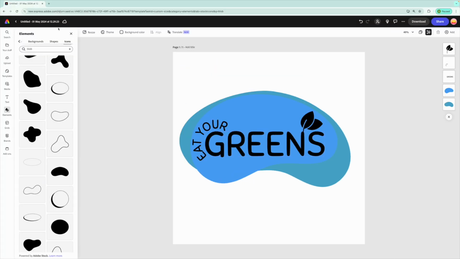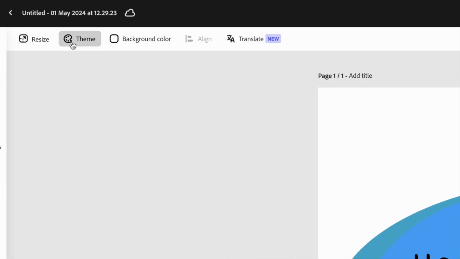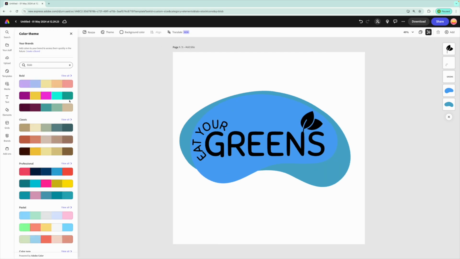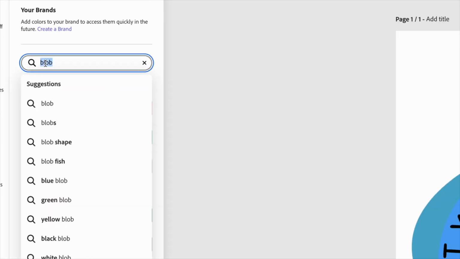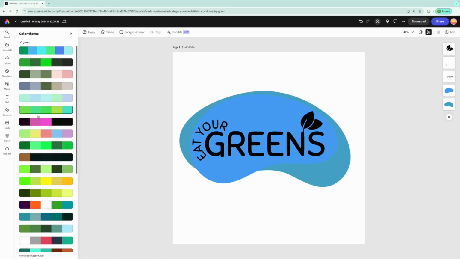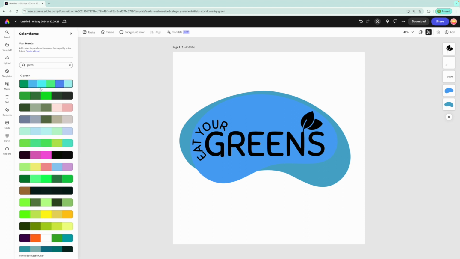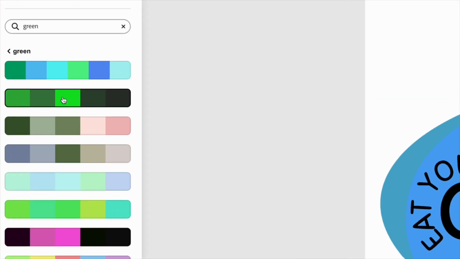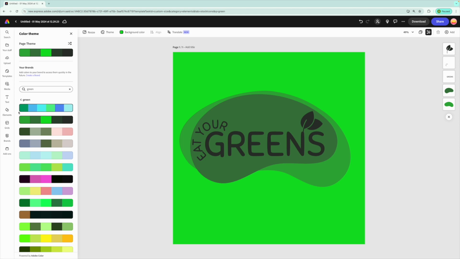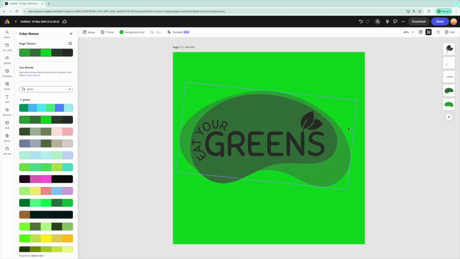Now then, finally, that's all we need to do is think about our color scheme. So to do that, just click on theme on the top ribbon. And in here, I'm going to search for green, hit enter, and it's going to give me loads of green color schemes. So I'm going to click on one of them. I like this one here. And it's going to apply those green shades to all of the things,